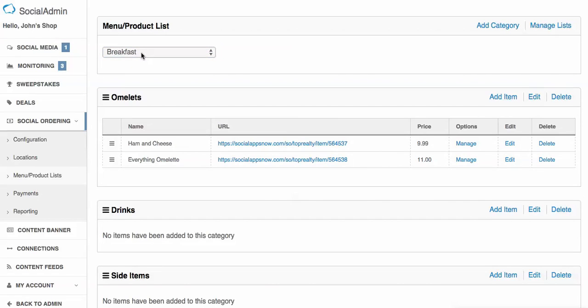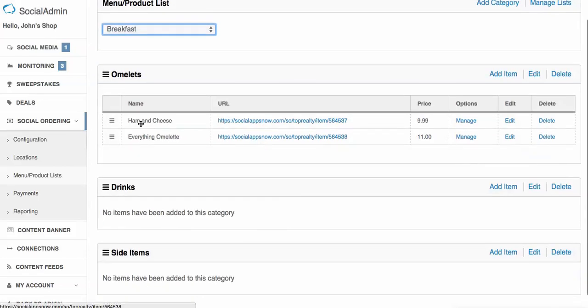There's this main one, and if you only have one menu, you only need one main menu up here. You don't need to break that down. But if you want to do multiple different types of menus, you would want to do this. So like breakfast, and you'd have omelets, drinks, side items, and then you can see under everything omelet,